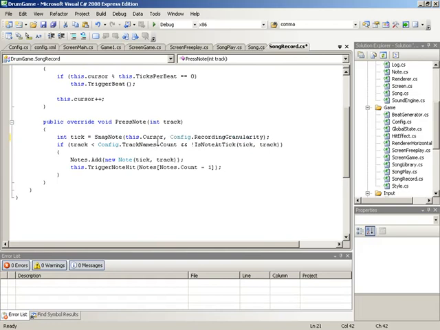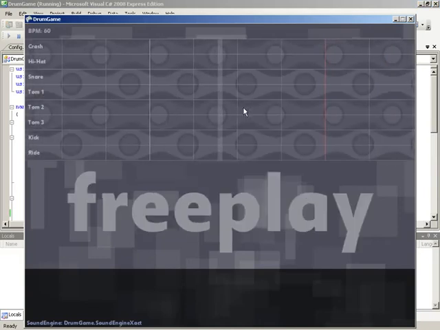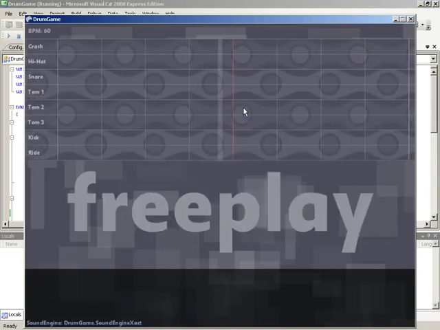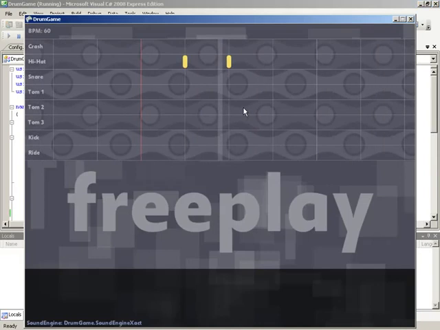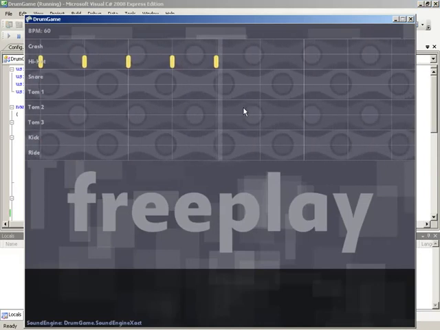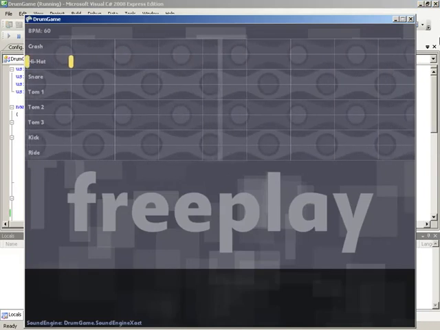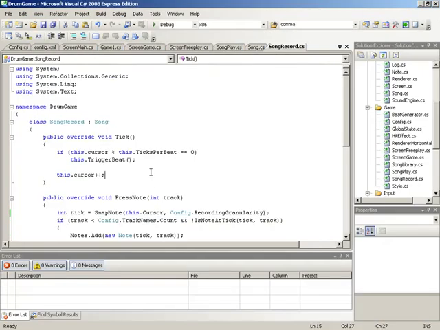And let's also do a check and see whether or not we should drop the current note. Actually, no, let's test this first. Let's jump in here and make sure that we're still getting the same result before we go forward. So as we drop our notes, we can drop them on the nearest tick line. See them jumping forward and backward. So, very nice. Now what we want to do is, since we have verified that all of this is working